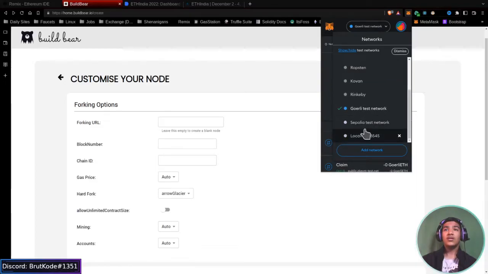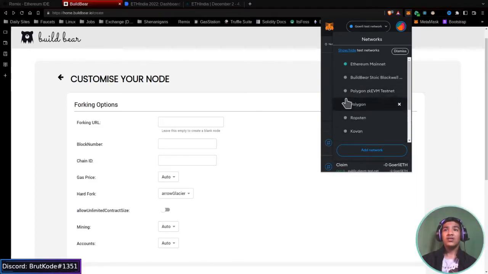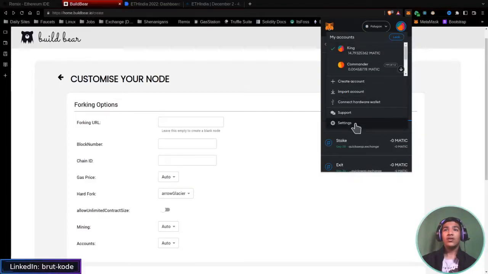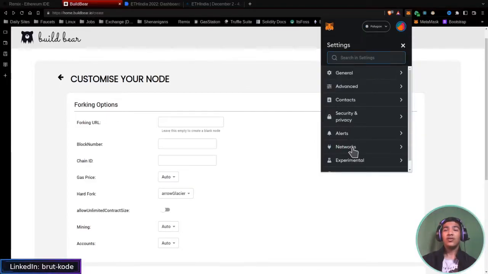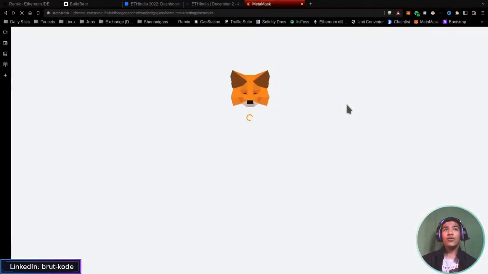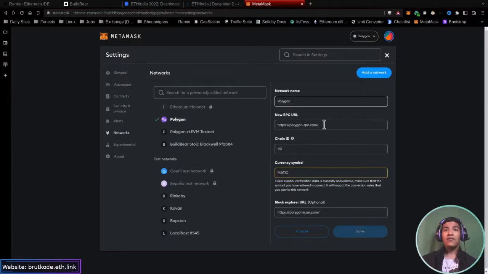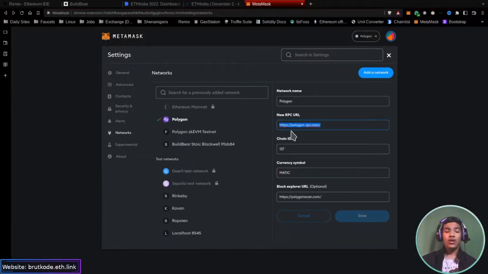Let's see if I could fork the Polygon network. If I go to settings, then networks, and click on Polygon, another Metamask tab will open up. If I copy this RPC URL, which is basically an endpoint that allows you to transact with the network,